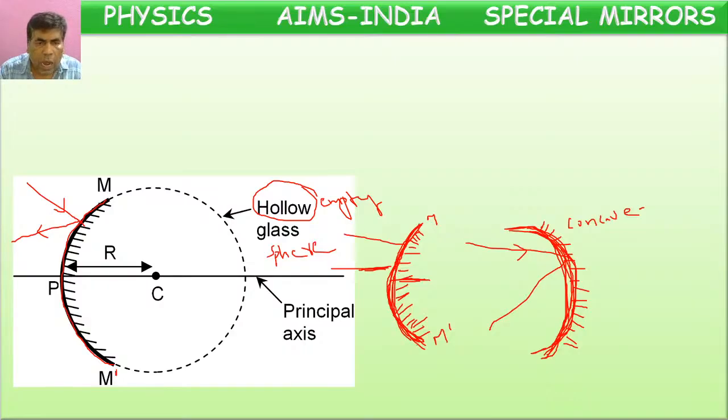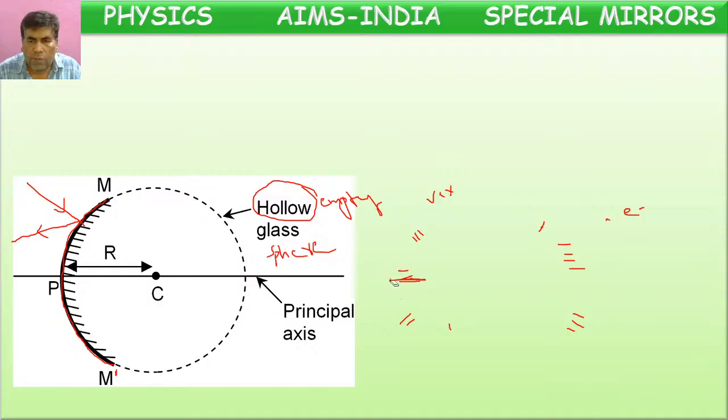Here the outward curved part is acting like a reflecting surface, so that's why we call it a convex mirror. So if we take any one part from a sphere, according to our wish and usage, we can make it a convex mirror or a concave mirror. In this way, we can make two kinds of mirrors, convex mirror and concave mirror.